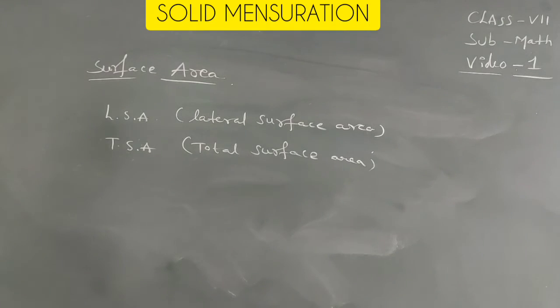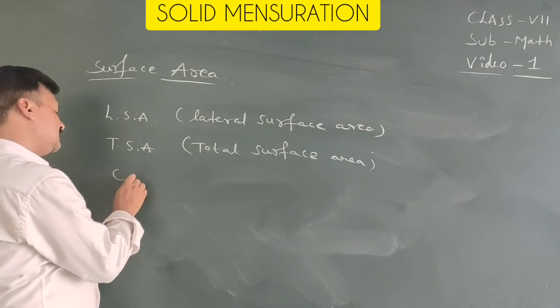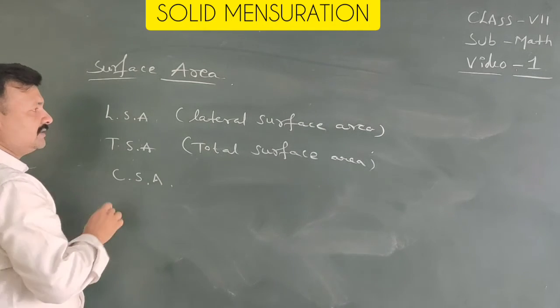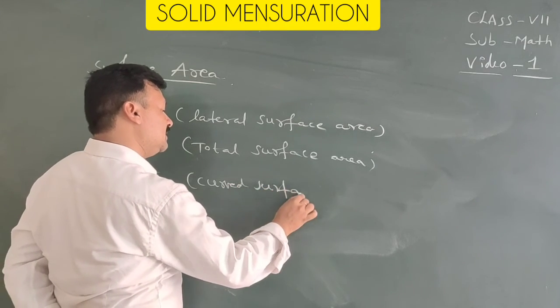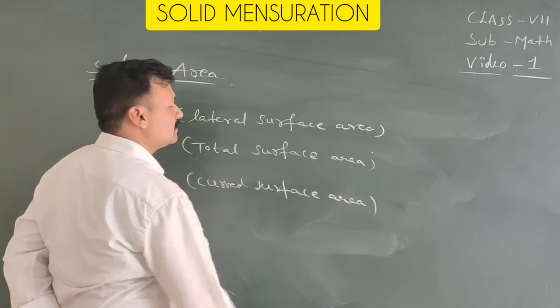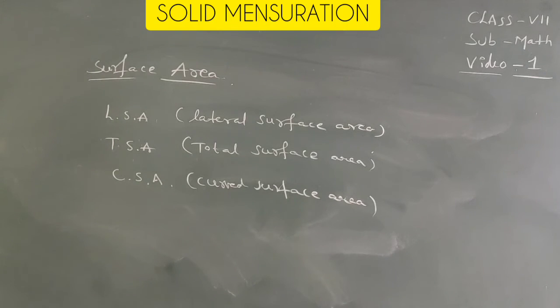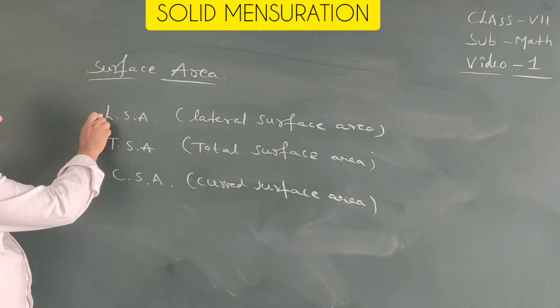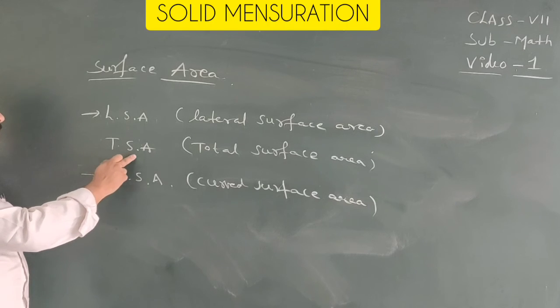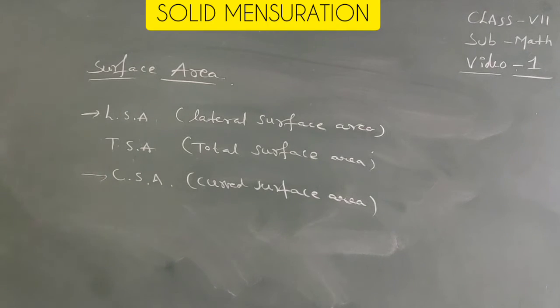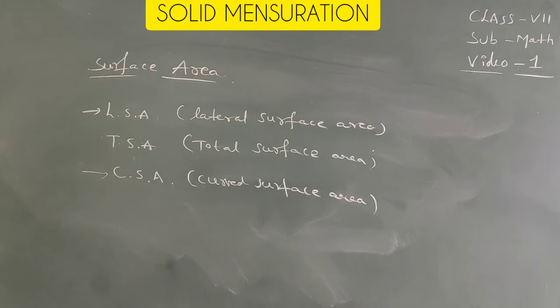For curvilinear figures, we have curved surface area, CSA, but curved surface area and lateral surface area are the same. Lateral surface area is for rectilinear figures. For curvilinear figures, curved surface area. Total surface area for both figures. For curvilinear and lateral surface area, those indicate only